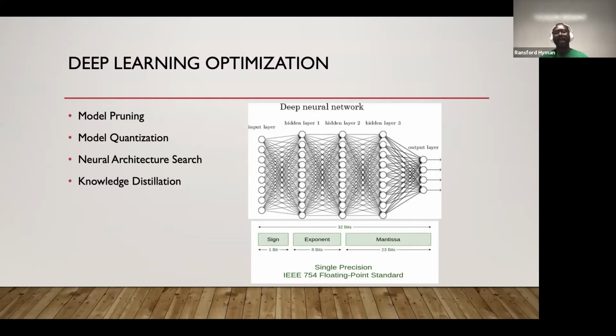Then there's also model quantization. Quantization is the concept of going from, a lot of times when you're training your model, you're probably training with float 32 numerics. And there's been a lot of push into actually being able to deploy on integer 8 or even just 16-bit float. So 16-bit float is a lot easier to get to, but going from float 32 to 8-bit integers is a little bit more work, but it has shown to maintain accuracy to a certain degree, and you get so much out of the performance